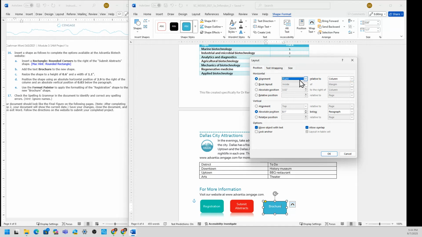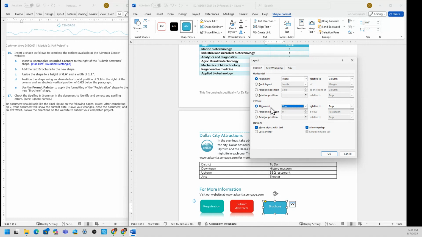Okay, and then vertical should be vertical also to the right. Okay, let me see. Vertical is absolute position of 0.03.